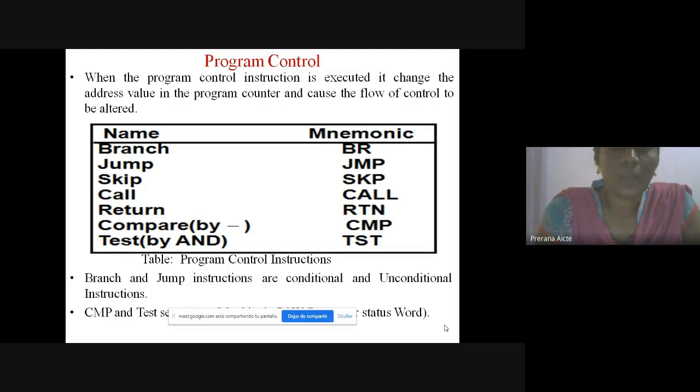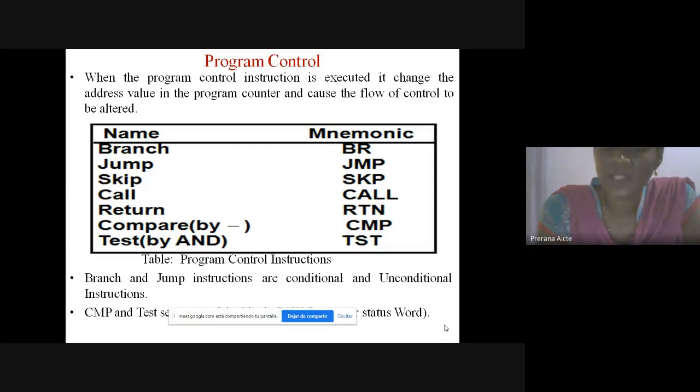Whenever the first instruction completes, the program counter is incremented, then stores the address of the next instruction in the sequence. If the condition is satisfied, whenever a branch instruction occurs, the program counter loads the new address; that is the branch instruction BR. Next one, jump, JMP. The JMP instruction is used for the unconditional version of the branch. Unconditional means the program counter loads the next instruction address in the sequence.